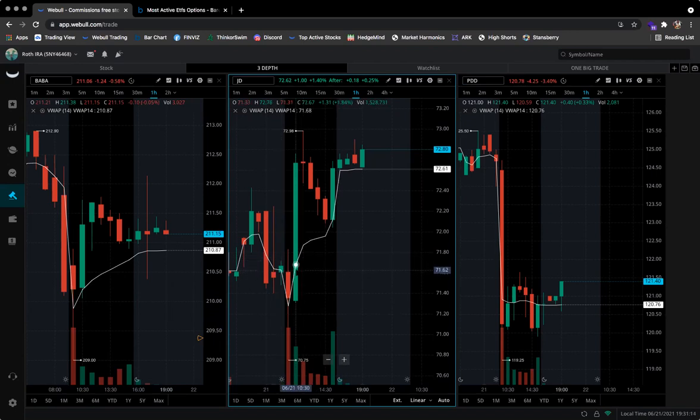Instead of going to buy the option, I don't like to buy too many contracts in different companies. I think there's too much volatility in options to have a whole bunch of fires to put out, right? If I'm just gonna focus on Baba, that's cool, I'm gonna trade options here, but I also bought the stock here because I noticed that I had support here. So I bought shares of JD right here, and I noticed that the trend was strong. I was gaining on my shares. So I felt even more confident in my call, let go of my call, held my shares, and took those profits, because my call got the